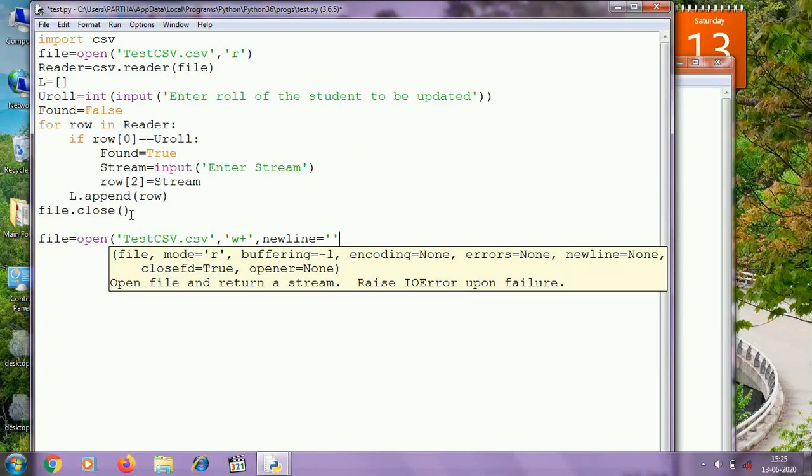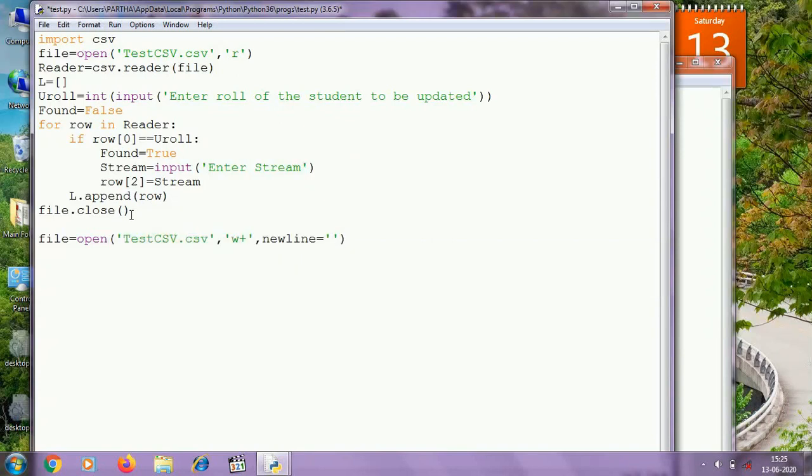We don't need any blank line, so I am writing newline equal to quotes. I need to create the writer object using csv.writer, and within parenthesis I have to mention the file object using which I am opening the file.